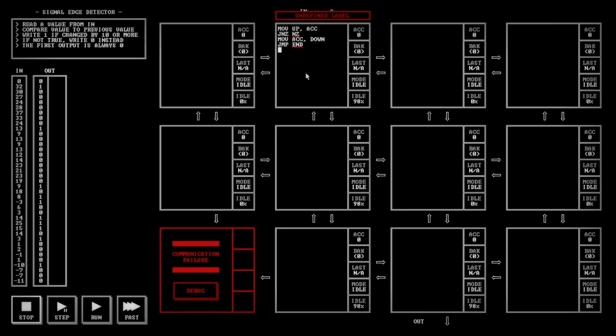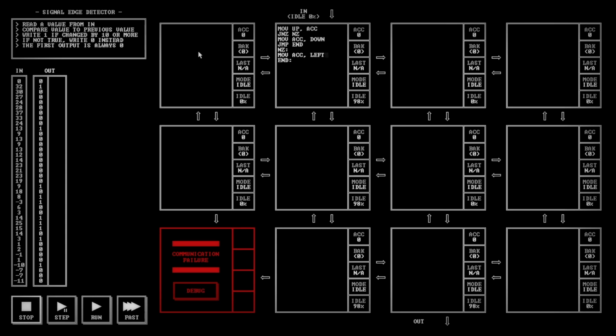We're going to need NZ here, and we'll put end here. We'll obviously need to put stuff in between here. The general idea here is that if it's the first value, we just want to pass that on because it's just going to go straight to the end. But if it's not 0,